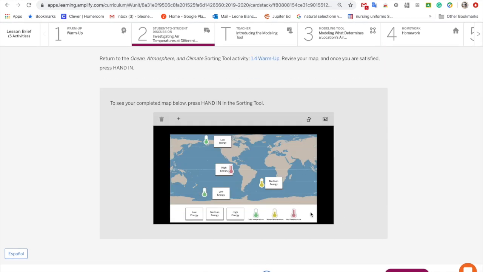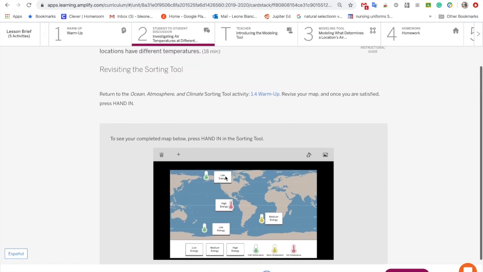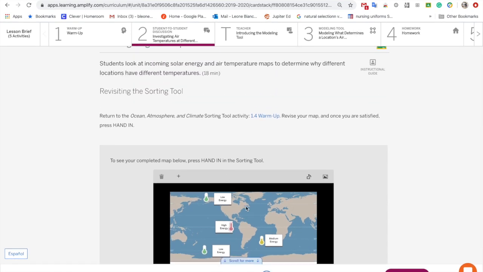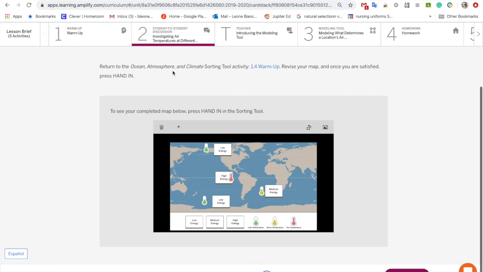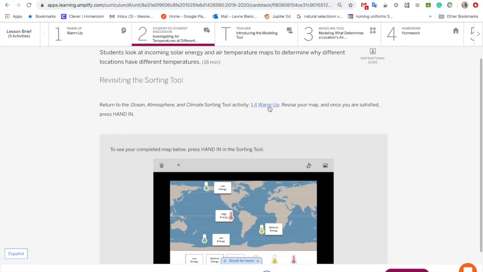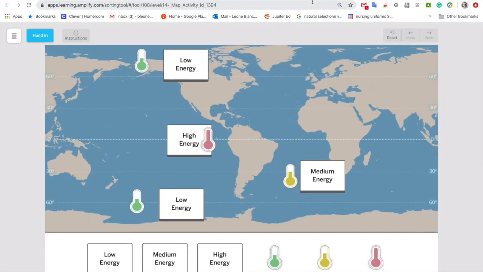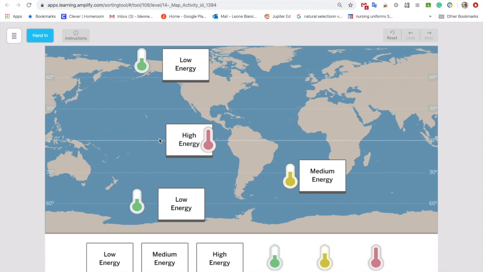So this was the original map that you made when you did the warm-up. If you need to edit this, you are going to click right here on the 1.4 warm-up. It will bring you right to the sorting tool again, and you can change this. So I'm going to actually add more. So here,